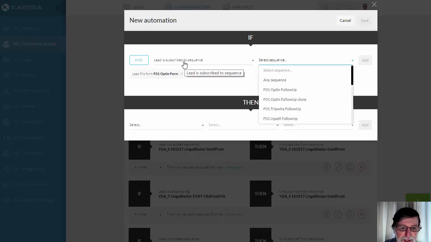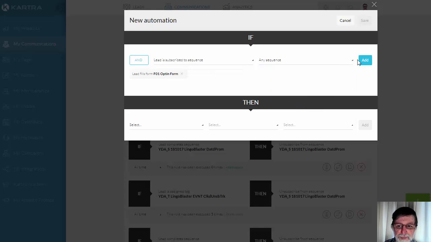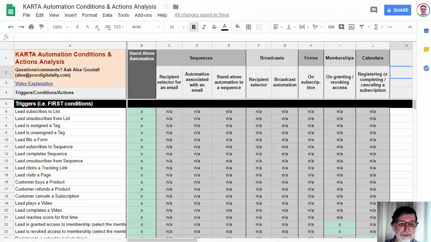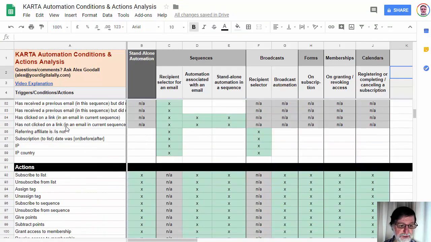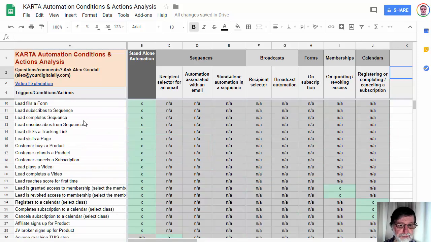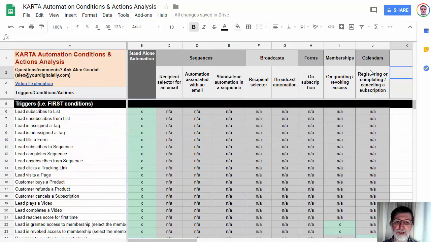The lead is subscribed to a sequence. So this condition would be triggered at the time someone fills in that form, provided they are subscribed to any sequence at that point. So that's just a quick explanation of the difference between the first conditions and the other conditions, the trigger conditions. So down here I've listed them all, and across the top I've got the different places where automations can exist. So in the first column I'm talking about standalone automations, and then in sequences I've got